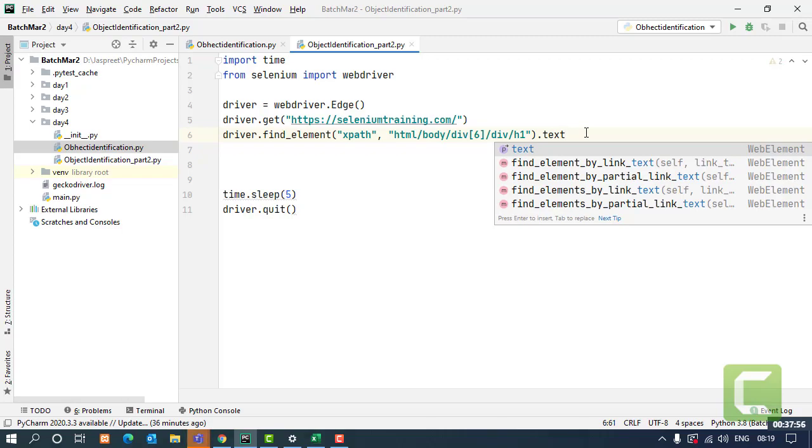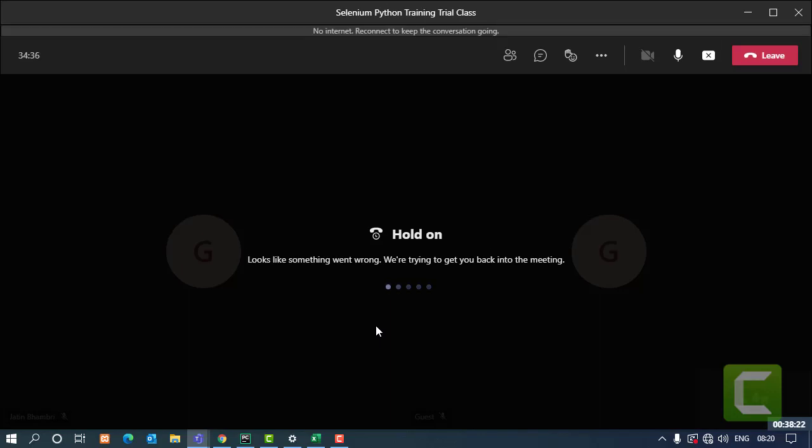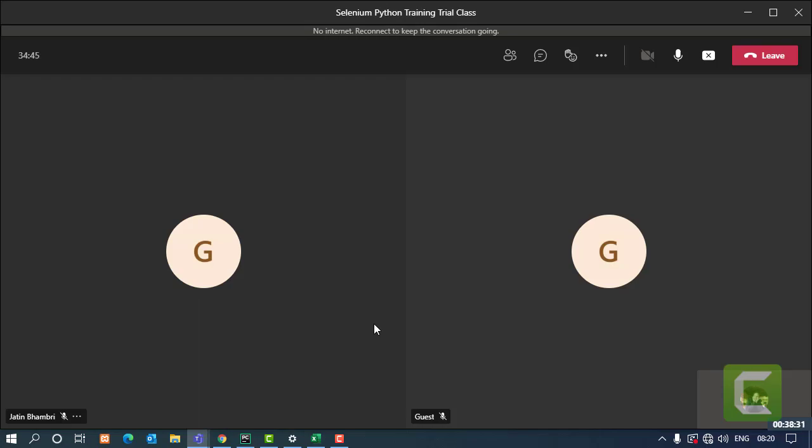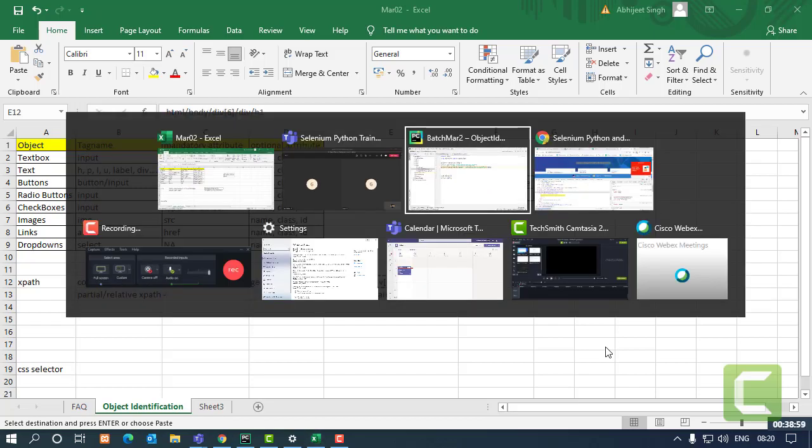Dot text. Now this text attribute. So we'll use this XPath.